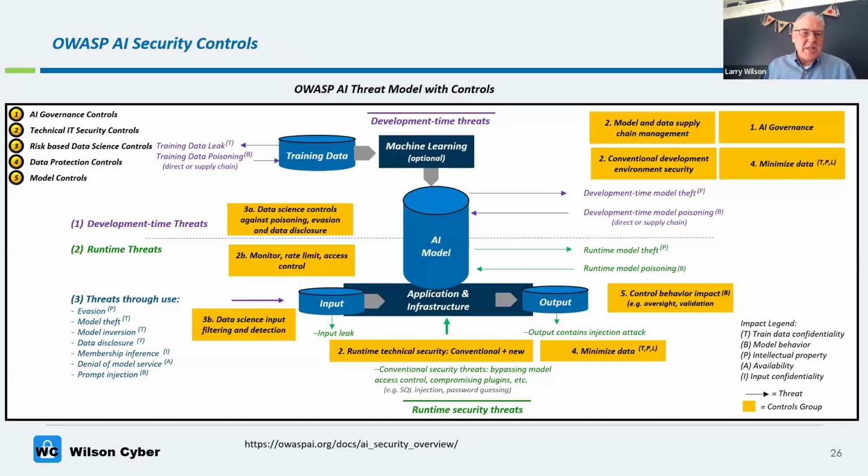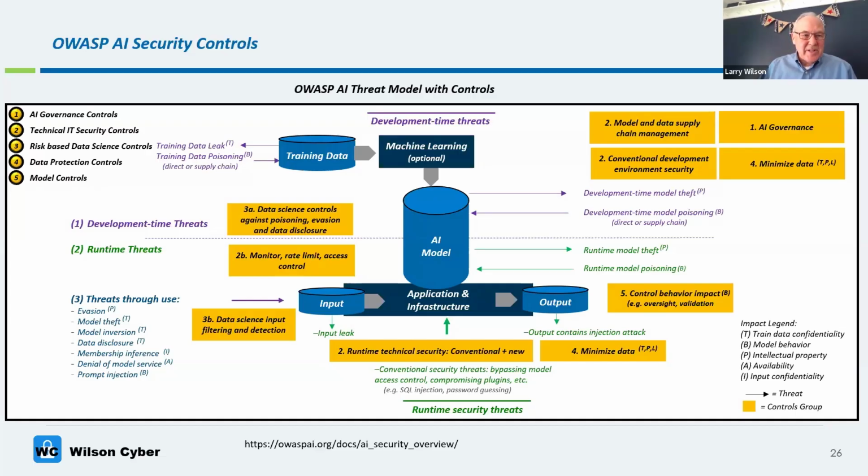And the last one I'm going to cover is the OWASP AI threat model with controls. Everything in blue is the AI model. Just like the Google AI model, this is the AI model from OWASP. They break it into two pieces. The top piece is during development. The lower piece is during runtime. They talk about the different threats: evasion, model theft, model inversion, data disclosure, membership inference, denial of service, and prompt injection during deployment, and some of the threats during development, such as training data leak, training data poisoning, model theft, and model poisoning, for example. But what we really want to focus on are the security controls, and there are five different